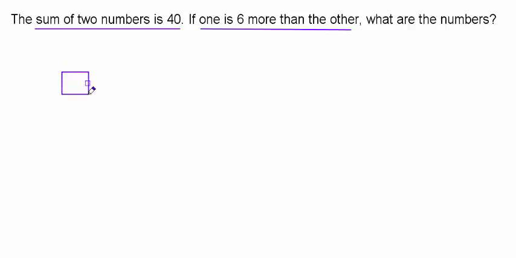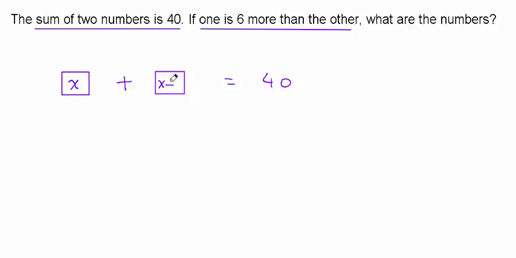So we have two numbers, and it's given that they add up to 40. It's also given that the two numbers are not equal. One of the numbers is 6 more than the other. So if I name one of the numbers as x, the other number is 6 more than x,